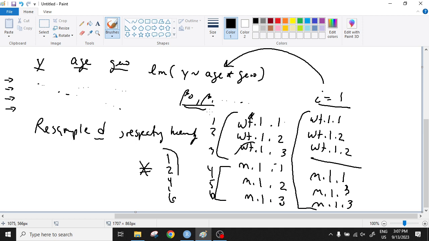Now, that's respecting an intersection of 2 different categories, right? That's respecting the time point 1 and the wild type. So whatever your lowest common interaction between 2 categories is the one you have to respect. If you had 3 categories, like 3 time points, 2 drugs, and 5 groups, you'd have to make sure to resample within each combination of group, time point, and drug to make it make sense, right? But then you do that, you refit the model, you output your parameters, okay? And then what you'll end up with,